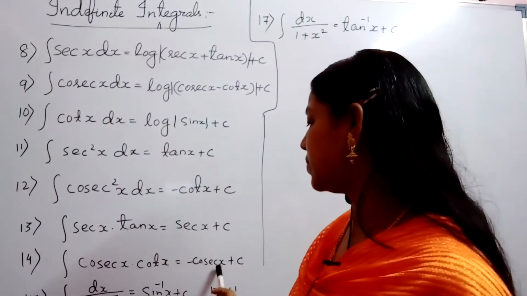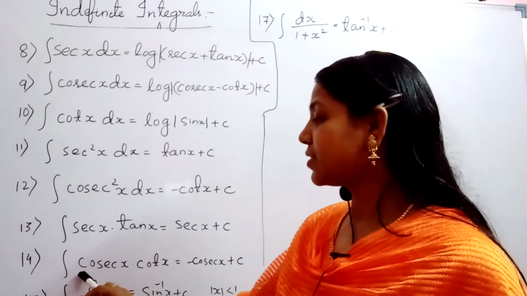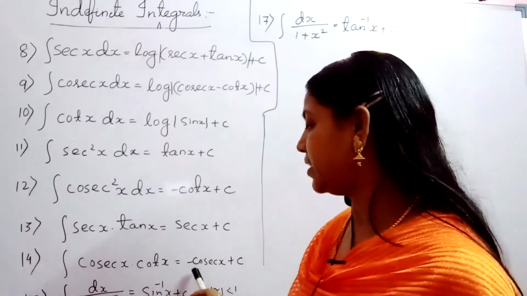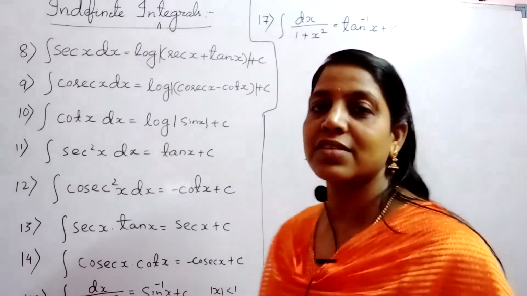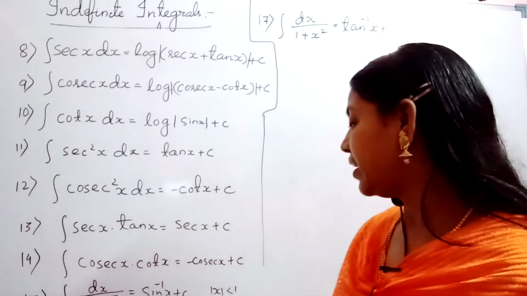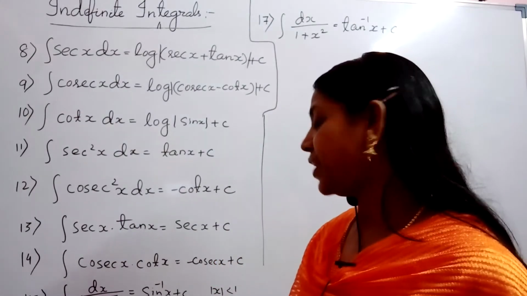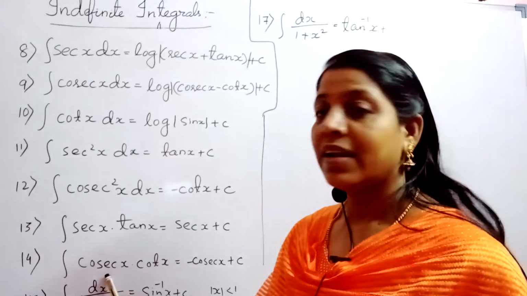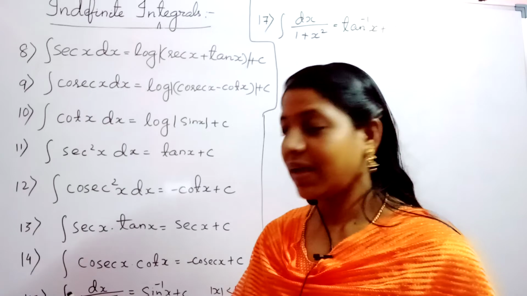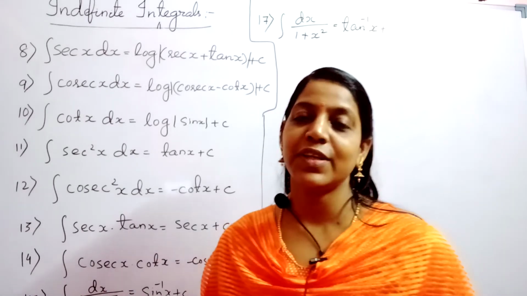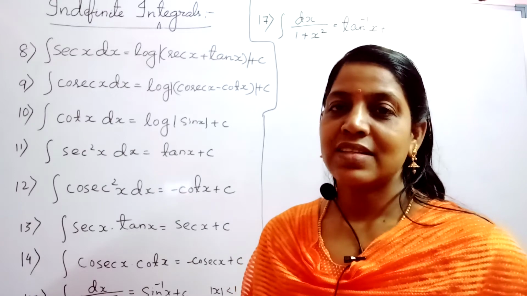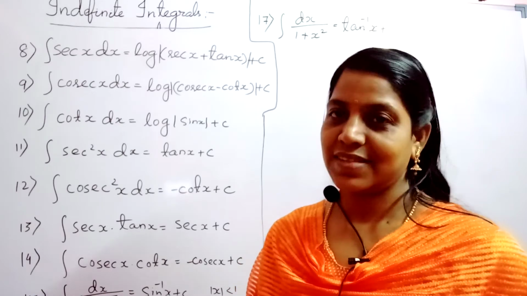Similarly, your differentiation of cosec x, what will you write? Minus cosec x into cot x. So integration of cosec x cot x, the minus sign you transfer to the right, so minus cosec x plus arbitrary constant c. Okay. Then you know your differentiation of sine inverse x, what will it be? 1 by root of 1 minus x square, or not? Now same inverse process. So integration of dx by root of 1 minus x square is nothing but your answer will be sine inverse x plus c.